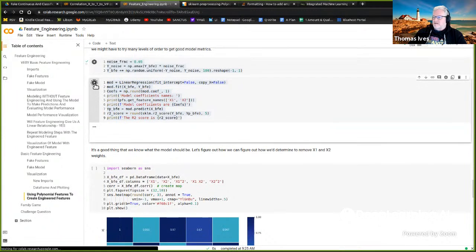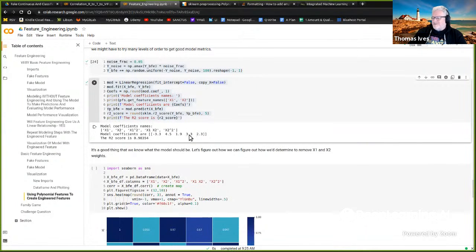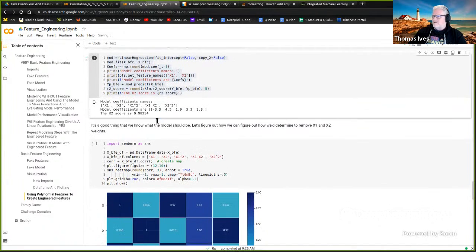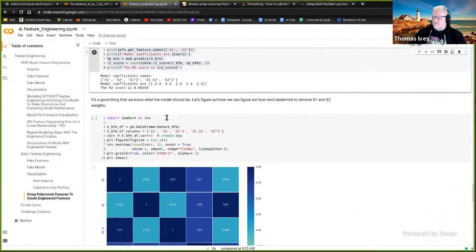What can we see? Oh, crap. We've got close to 2. We've got close to 3.5, and we've got a little further from 2.0. But now we have actual values. And if I run this over and over, this could get worse and worse. It's just luck of the draw, because it's creating random features and random noise. Now this R²'s not bad, but we might, in the course of doing good machine learning, we might ask